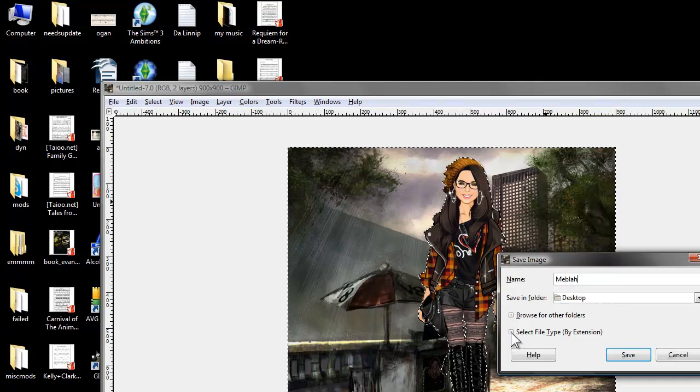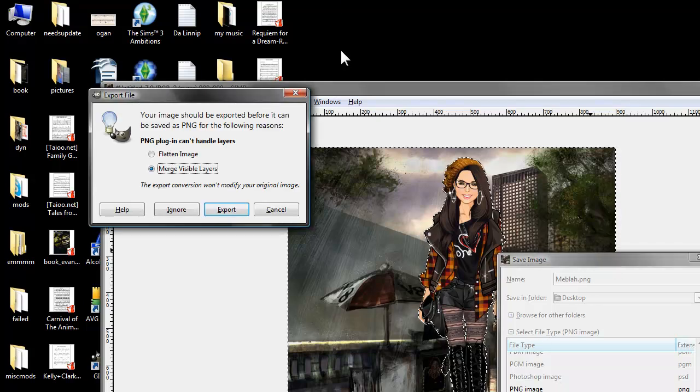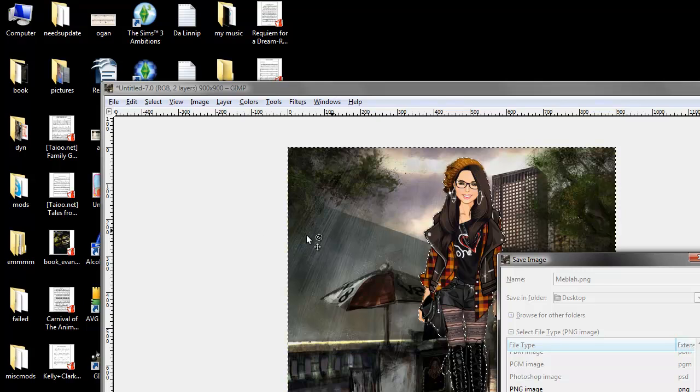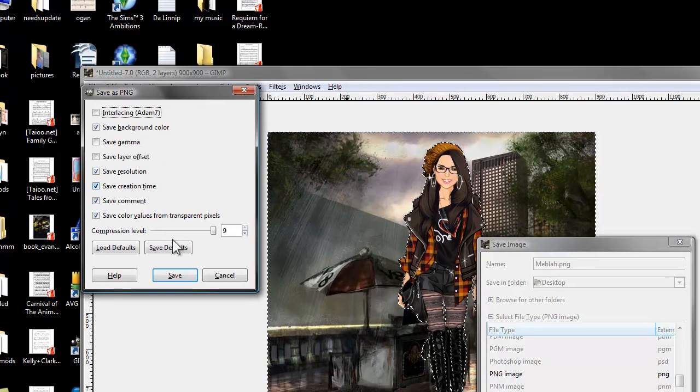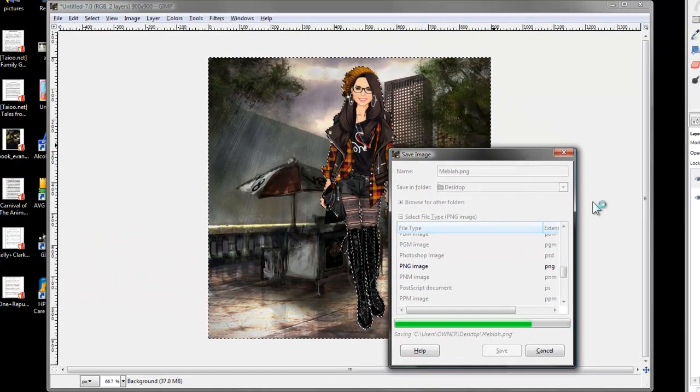Select file type. Always try to select it as a PNG because it's a sharper, clear image. Then you click on export, and then you click on save when that thing pops up. In the Roiworld forums, you can't save pictures that are PNG. So the second best option would be JPEG, but if it's a really huge file, you can save on GIF. I'm not sure if you guys got any of that, but